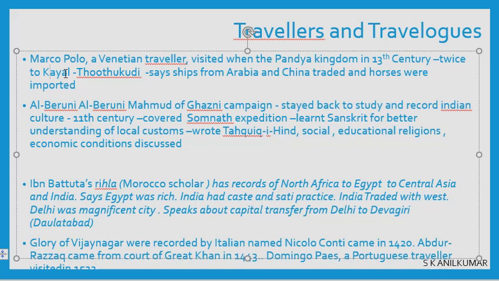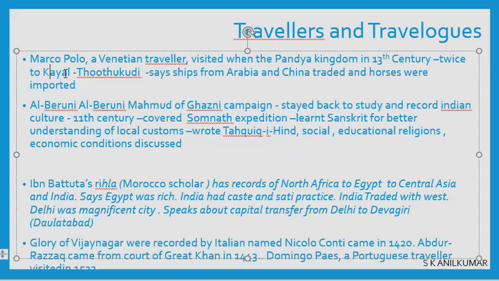Now Al-Biruni is very famous because he wrote the story of Muhammad Ghazni's campaign. What did he say? Not only did he write the Ghazni story, he stayed back and studied Indian culture. When Ghazni came 17 times, Al-Biruni came along with Ghazni, but did not go back. He stayed back to study the Indian culture. He covered the Somanath expedition. That is why we know that Ghazni plundered Somanath temple and took away a lot of loot. That was almost his last campaign to India, the 17th campaign almost. Biruni learned Sanskrit so that he could better understand the literature and culture of India. He wanted to understand the locals more.